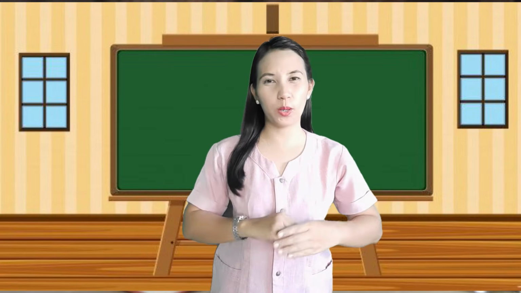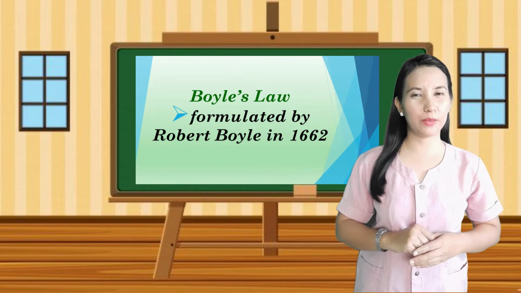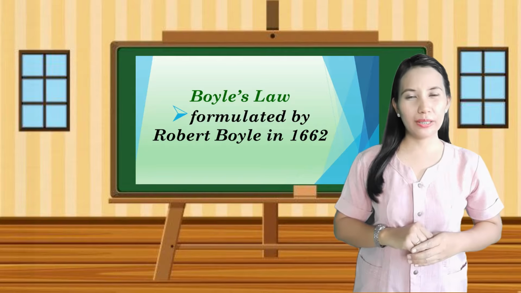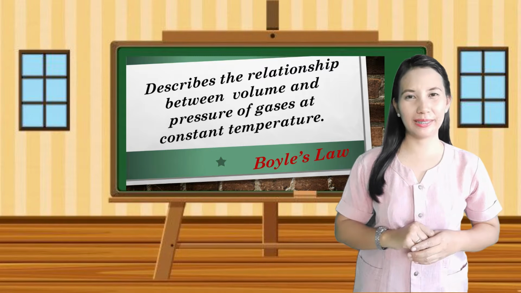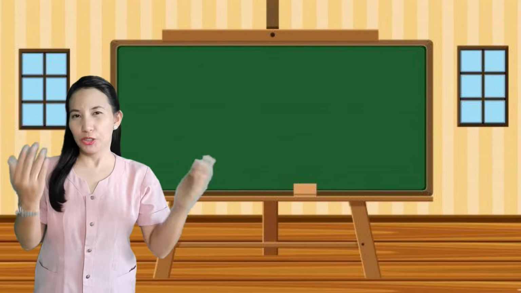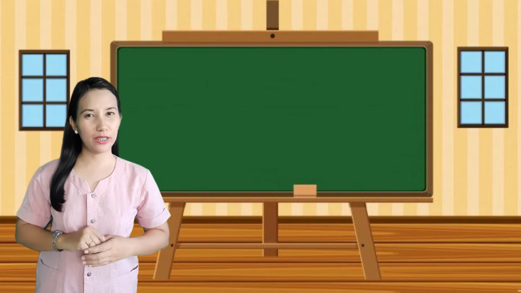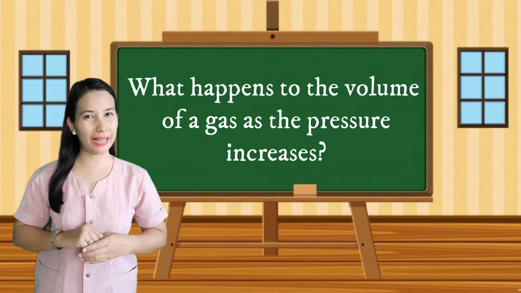Let us have a recall of Boyle's law. Boyle's law was formulated by Robert Boyle in 1662. Boyle's law describes the relationship between volume and pressure of gases at constant temperature. To understand the relationship between these two, watch the animation and observe what happens to the volume of a gas